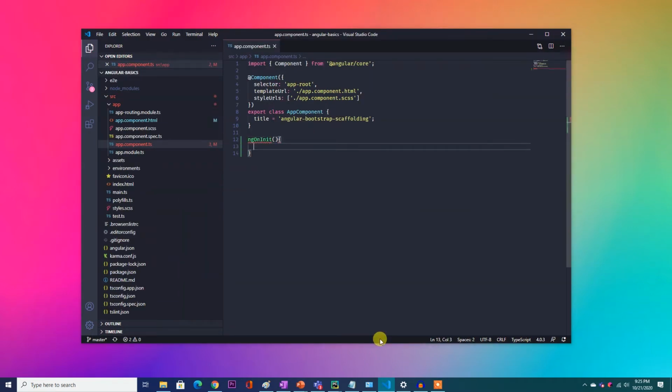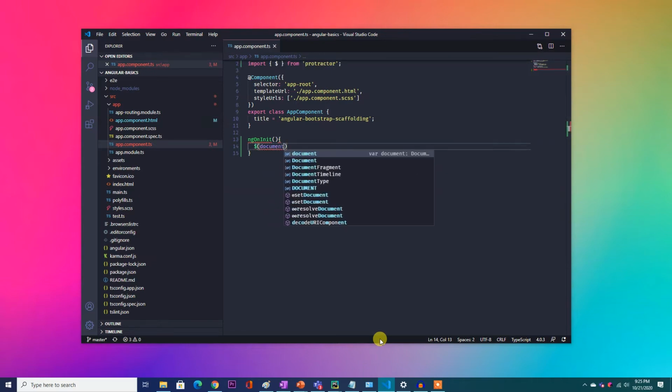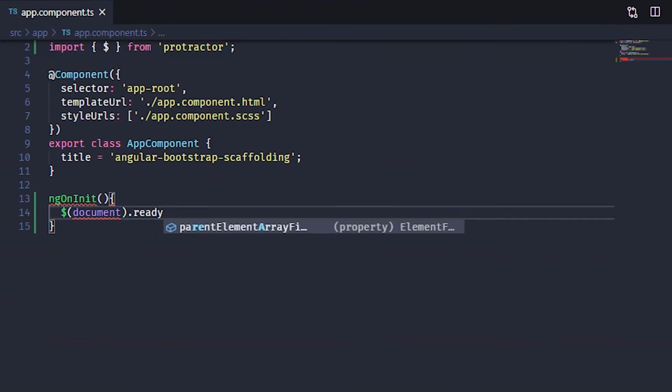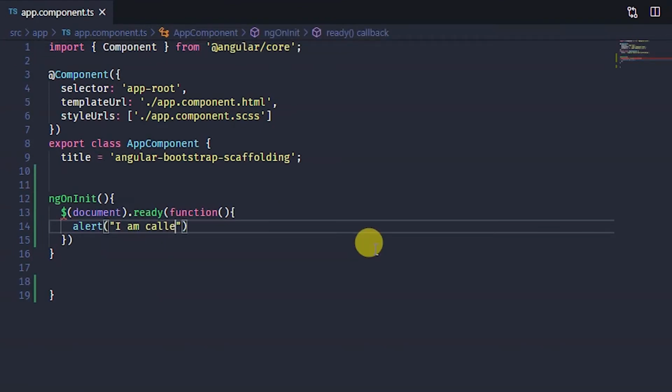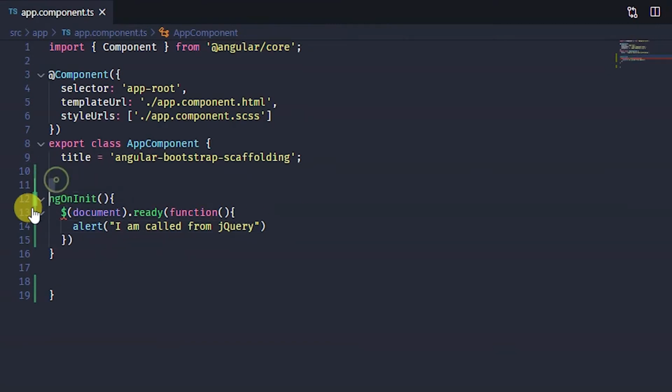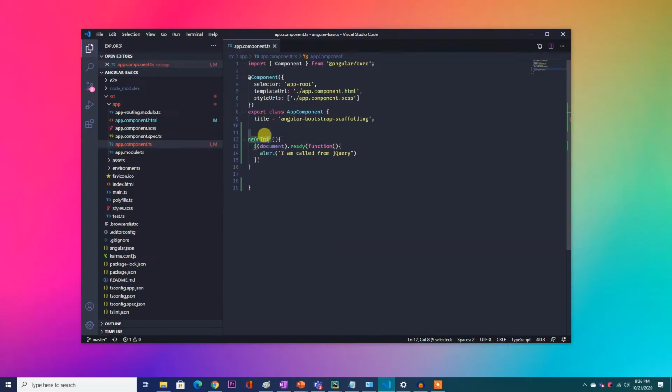Now I am going to create a component.ts file, and inside that, on ngOnInit, I am going to write a very simple jQuery operation. In this case, it will check whether the document is loaded. If the document is loaded, then it will alert a message. Please notice I have used the jQuery $ sign here, and if you look closely, the $ sign is giving an error because that is not available in Angular scope. That is not known to Angular, what this $ sign is.